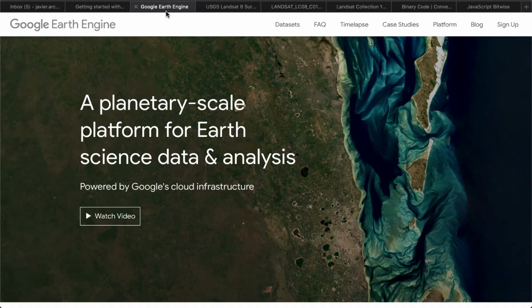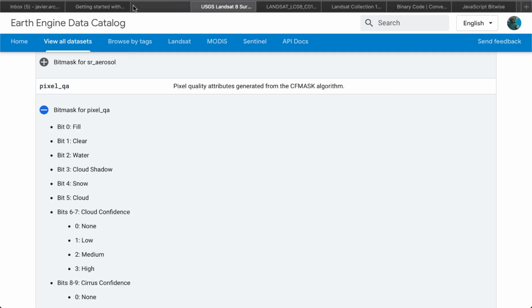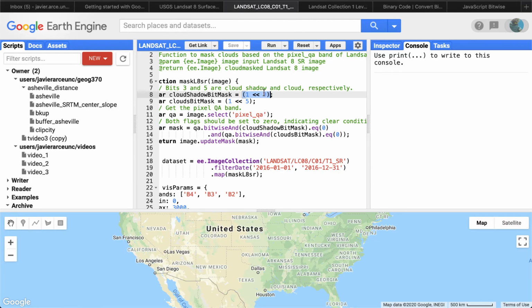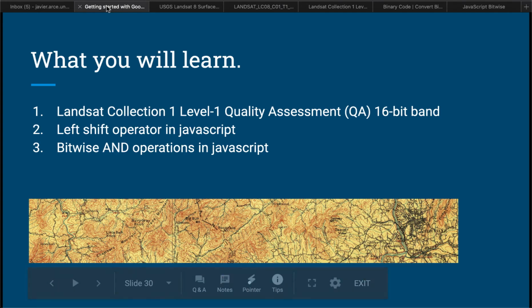let's get to the code. Let me close this, I don't need that anymore. It's saying, well, analyze the third bit in a certain way, the third bit, and in this case the 5th one. But you know, this is something that in JavaScript, as I said, is the left shift operator in JavaScript, and